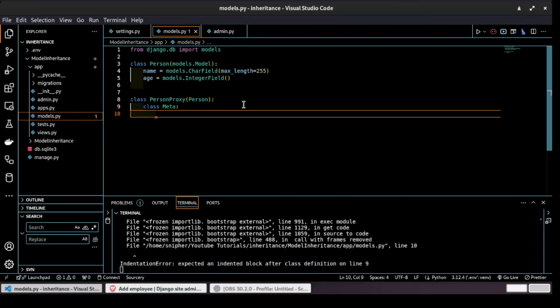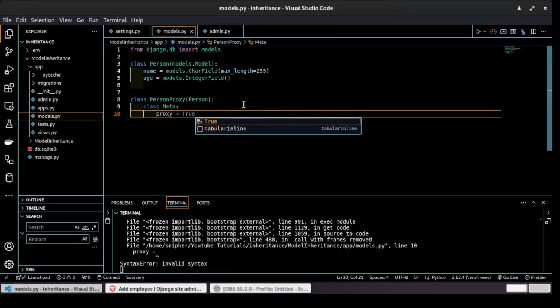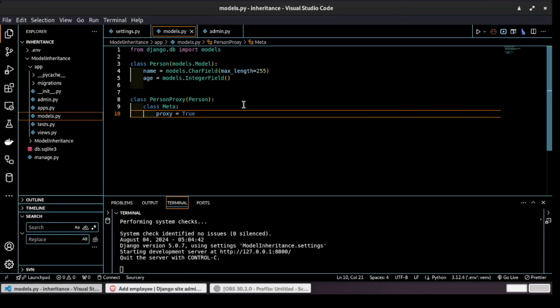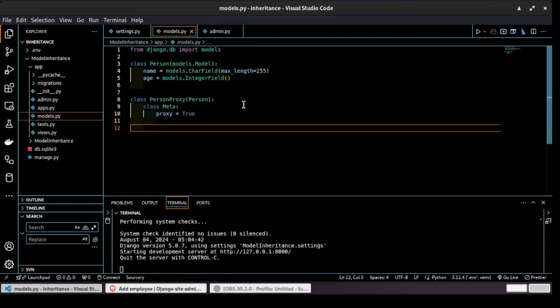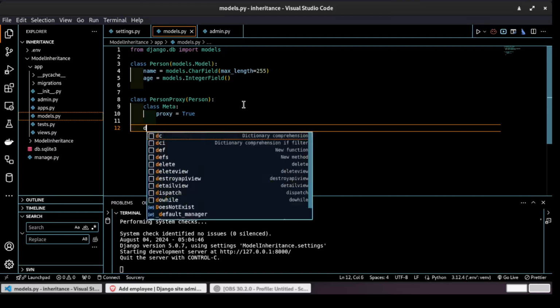If you want Django to identify this class as a proxy class, you have to define proxy equals True. And then define the method whose behavior you want to change. Let's say a person is an adult if and only if their age is greater than or equal to 18 years. So you can define a method